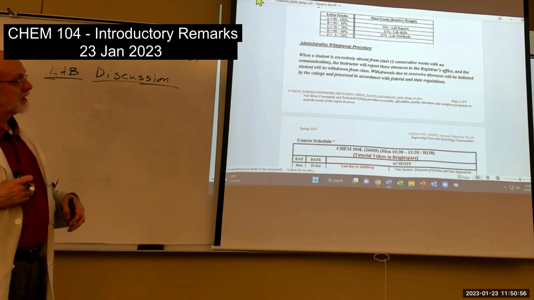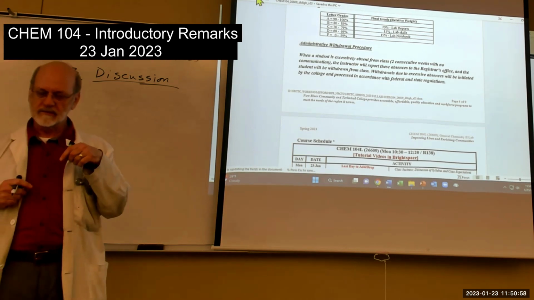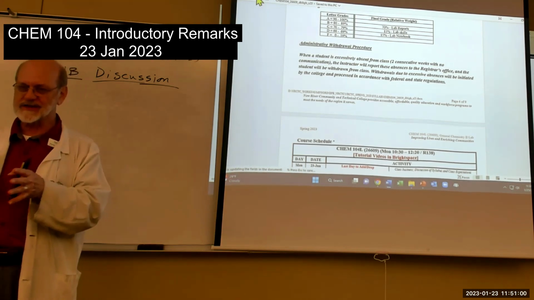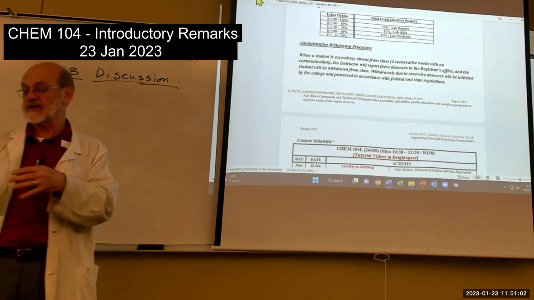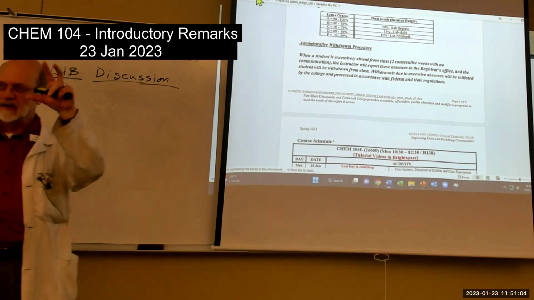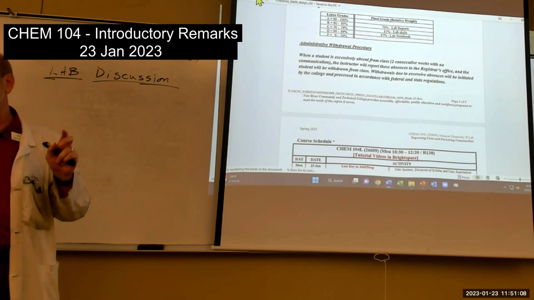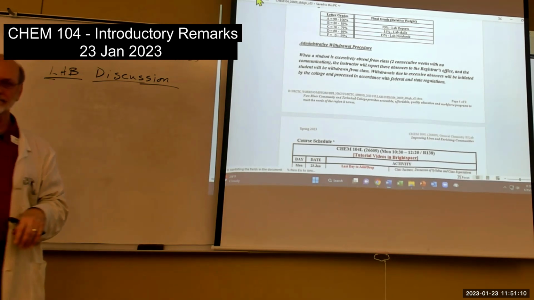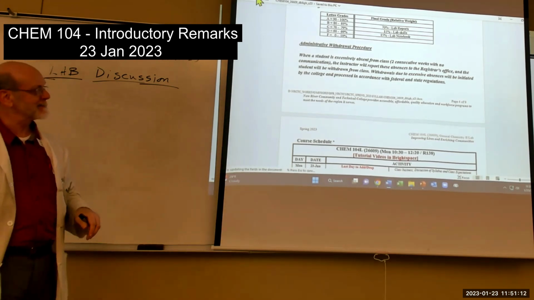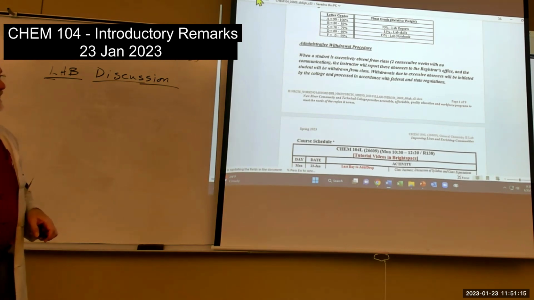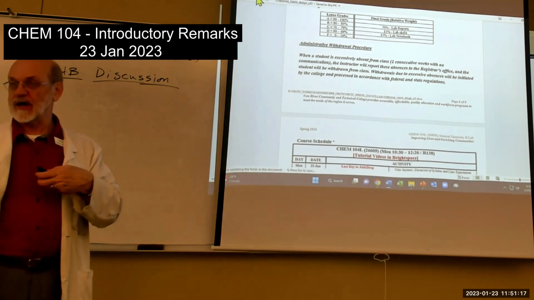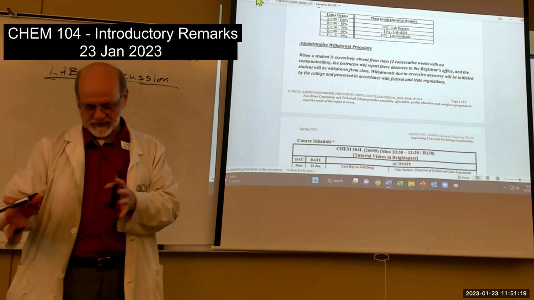And then your lab notebook. I'll do a check at the very beginning to see if you got it set up right. You won't have any experiments in it at that point. You'll just have your cover, your table of contents, and all the pages numbered to the very end. That's what I want to see on the first check. And then each time we go in the lab, I'll check it again to see if you've got everything there,